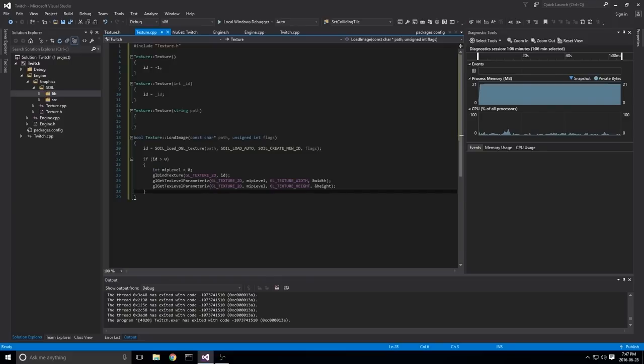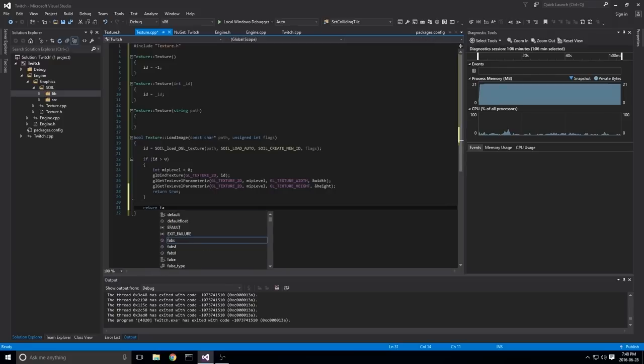But again, all that we want to do here is load the image, or at least try to. We return a bool for a very specific reason, right? If this all works, we can return true, and we're good to go. Otherwise, we'll just return false, and we'll let somebody else deal with the error handling. Again, this is just the image loading code.